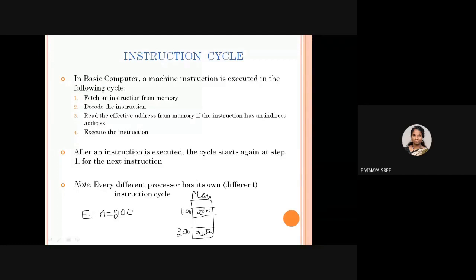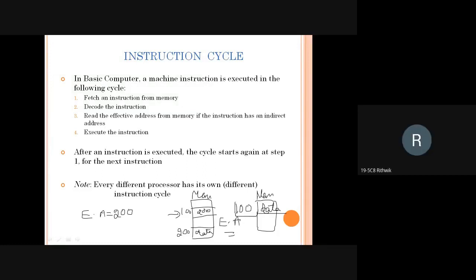It means that if you go to location 100, you will get 200, but this is not the actual data. So again you need to go to that location, and then you will get the data. This is your effective address. Now if it is 100, consider this is also a memory, and at a particular address called 100 you have the data. Then what will be the effective address?